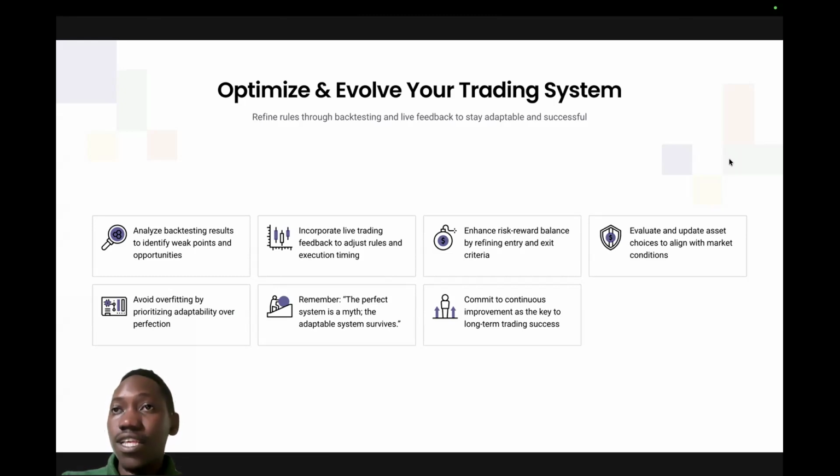about yourself. Because there's something which could be so hidden in you and it needs 6 months to come out. 6 months of data for you to know, hey, this is how I am. I'm greedy. I am fearful, I'm anxious. So you may need time to discover what makes me anxious. When do I become anxious? When do I fear the market? When do I resist from the market? When do I refrain? When do I fear to take a trade when I'm supposed to take it? When am I not supposed to take a trade and I take it and I lose? You start to discover all those things. So commit to continuous improvement as the key to long-term trading.